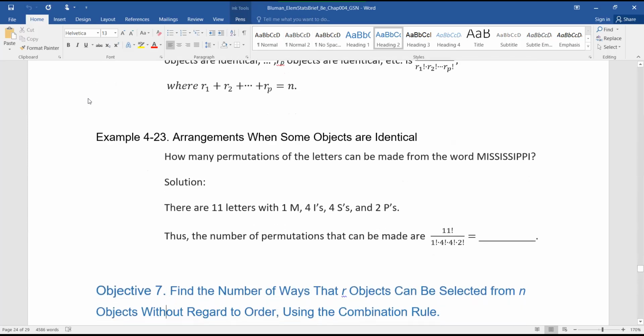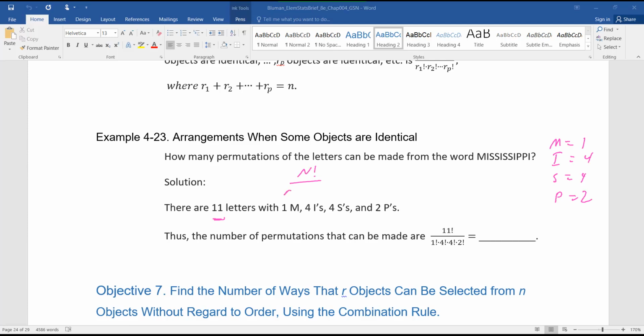So to put numbers to that, arrangements when some objects are identical: how many permutations of the letters can be made from Mississippi? Best thing to do is write all your options. How many M's do I have? How many I's do I have? How many S's? How many P's? 2. All right. So those are all your R values. Oh, it looks like it's already written here. So there are 11 letters. That's how many options you can choose from, but I have only 1 M, 4 I's, 4 S's, and 2 P's. All right. So therefore, my N factorial